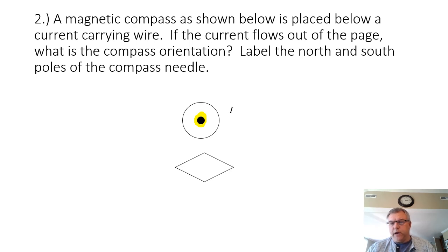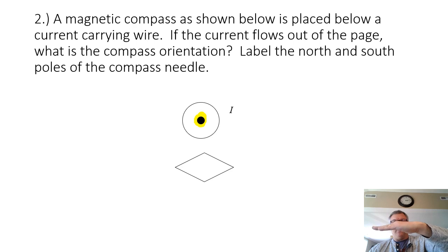So again, I'm going to use the right hand rule. I'm pretty sure all the problems in this worksheet are going to deal with just that first right hand rule that Mr. Broderick went over with you guys in the video. And because I'm doing this on a screen, I'm actually going to use my left hand, even though these are the right hand rules, and you always need to use your right hand to find direction. I'm going to use my left hand because it's going to be kind of a reverse image and show you guys things in the right orientation. So I know the current is coming out of the page, and my thumb represents the direction of the current. So if I place my thumb going towards my face, or coming out of the screen,